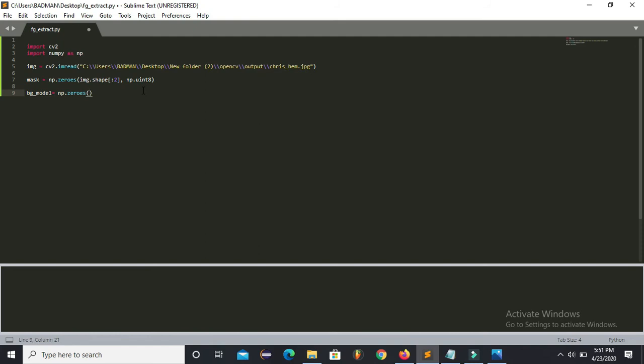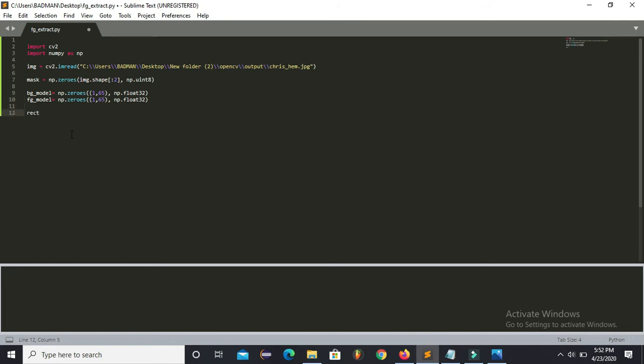The data type should be float 32. And next is the fg model array, and the array will be the same.